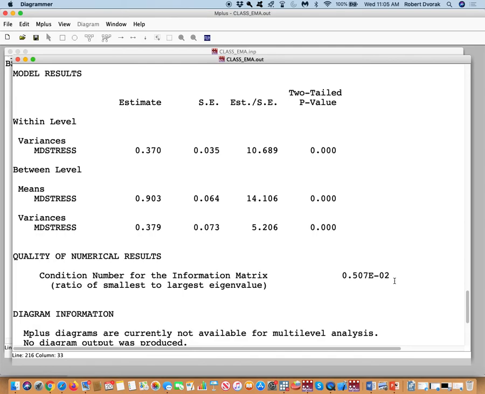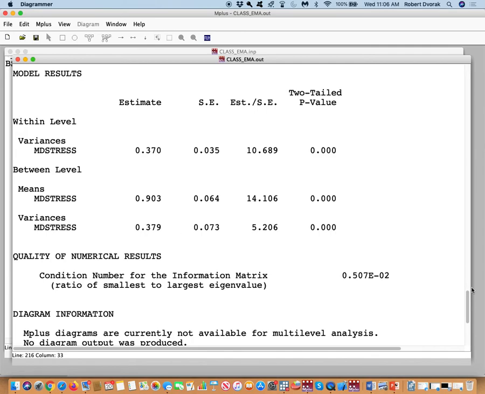And then we can calculate our ICC, which is the amount of variance at any one of those levels. 0.379 divided by 0.749 gives you an ICC of 0.506, or 0.51. That means that 51% of our variance is at the between-subjects level, and 49% of our variance is at the within-subjects level, right? Now this becomes important if you want to use those parameters that we just had to explain variance, because if you have huge amounts of variance at the within-subject level and none of your